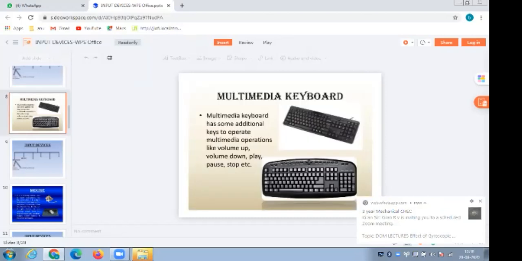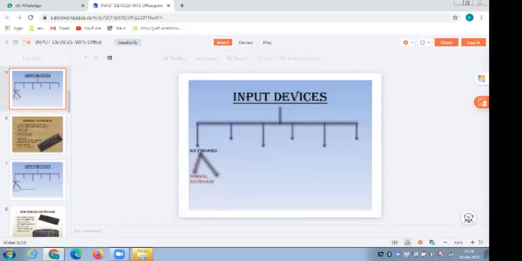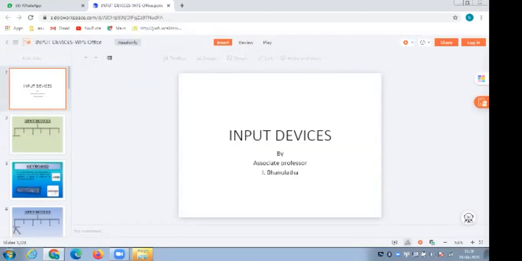The upper one in the diagram is a normal keyboard, and the lower one is a multimedia keyboard. The difference is that the multimedia keyboard has some additional keys to operate multimedia operations like volume up, volume down, play, pause.